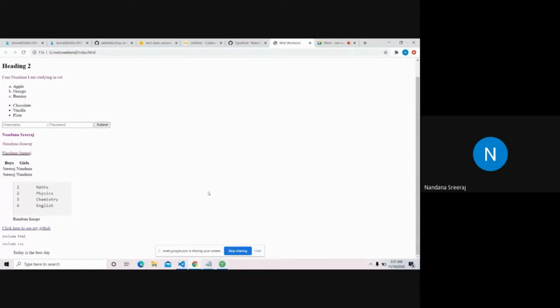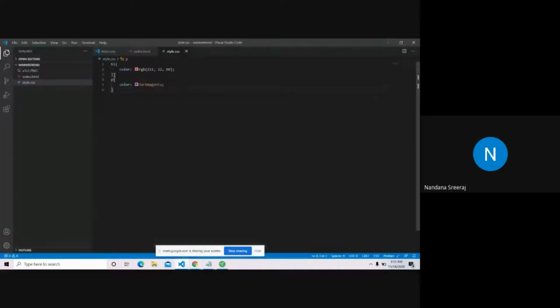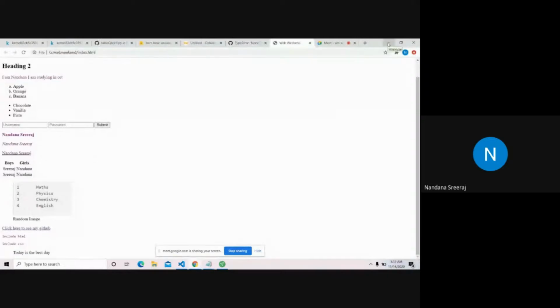So this is one of the disadvantages of using tags here. All the paragraph tags present in the document get changed if we apply it like this. So I don't want that to happen. It is an easy way if you want to do that, but what if I just want to apply the color to only this thing? I don't want to apply the color to these things, I just want this to be black itself. I just want to change the color of this sentence, this paragraph tag, or a particular thing.